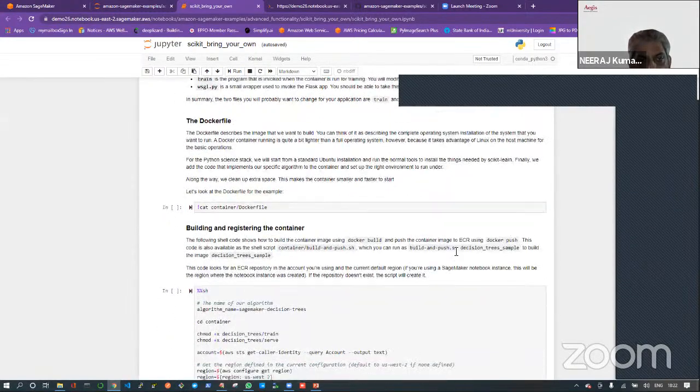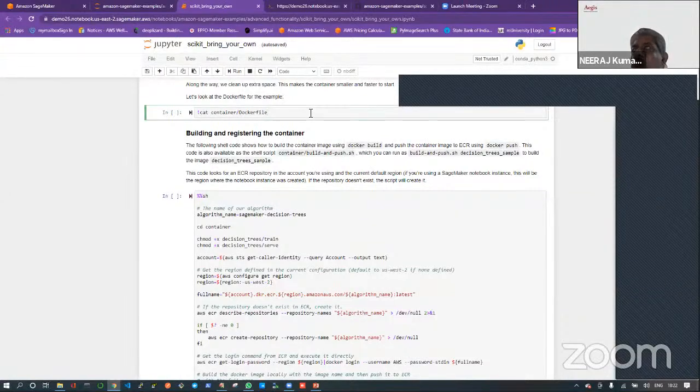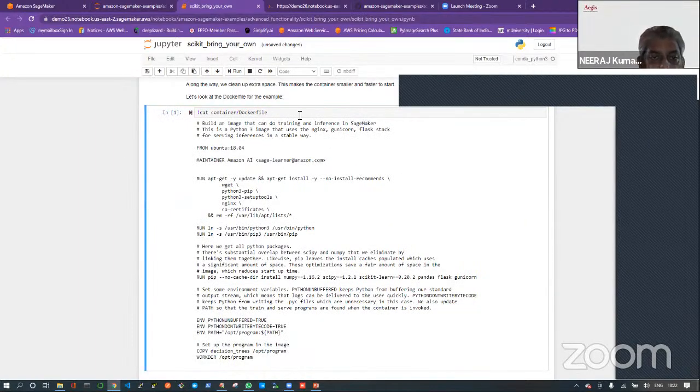So let me just come here. I just want to show you how to create a container. If you want to create any container, you first have to create the image, right? And this is the code which I showed you. You can see this is a Dockerfile. A Dockerfile is a blueprint of your image.